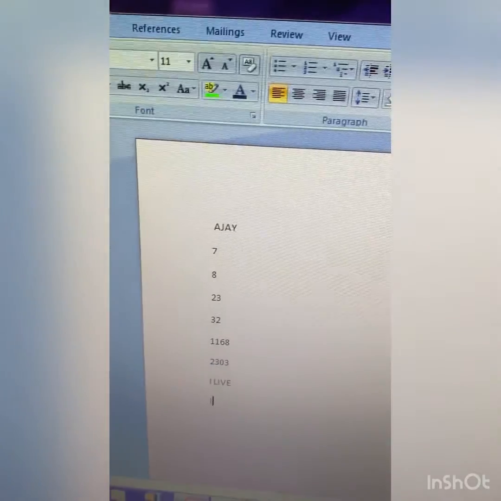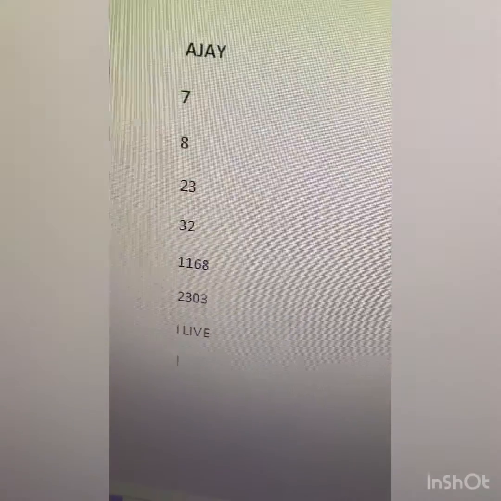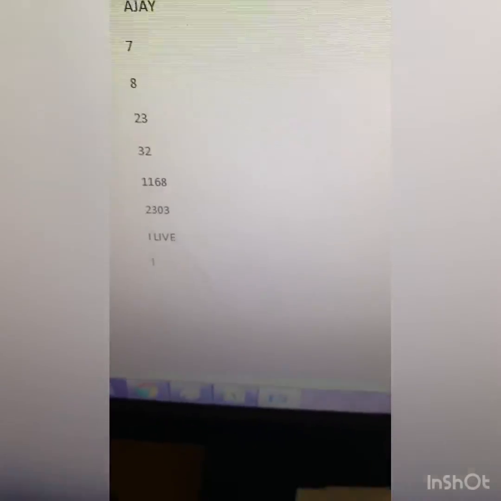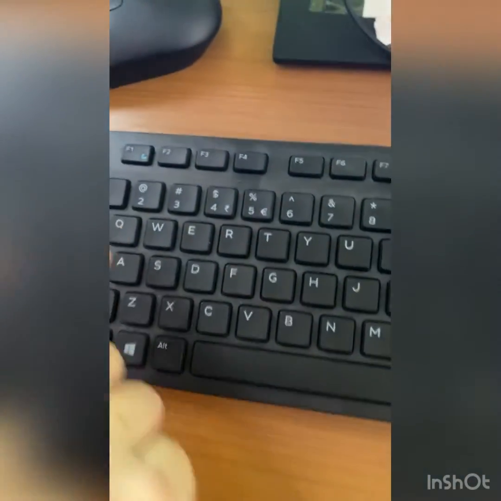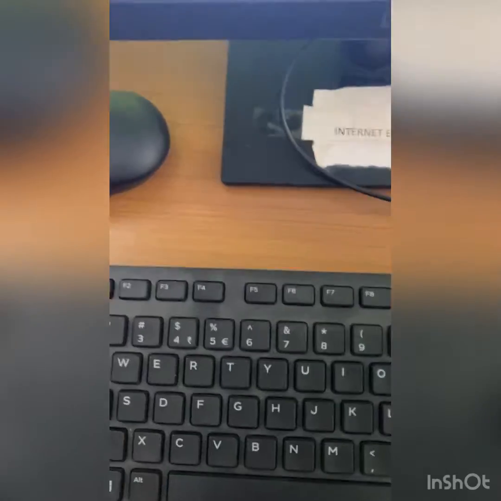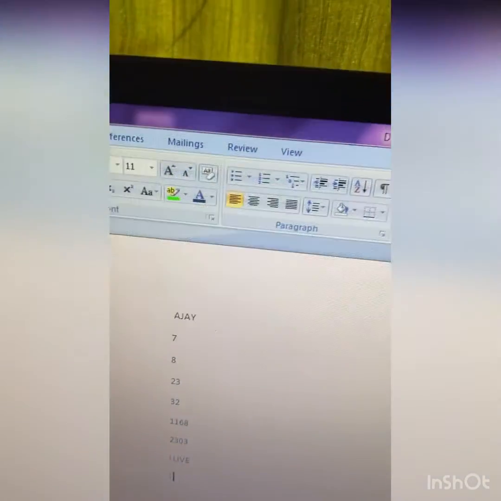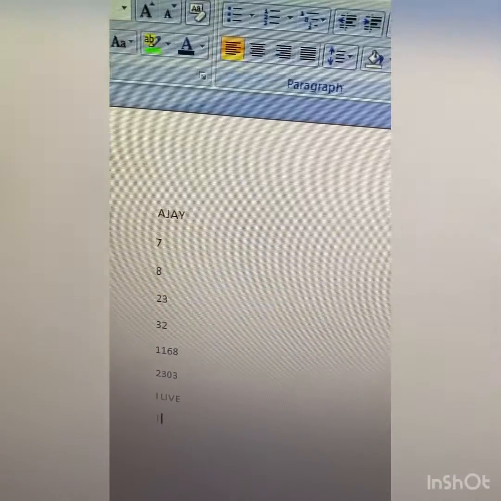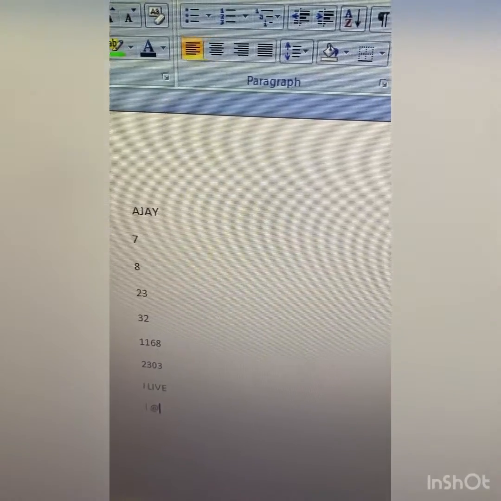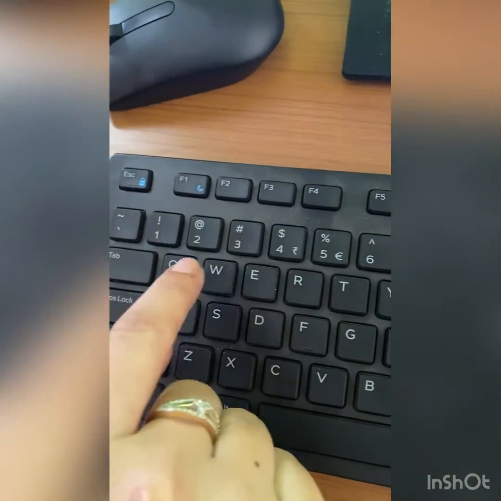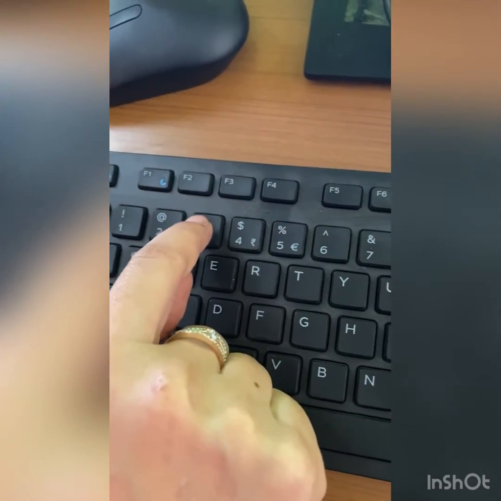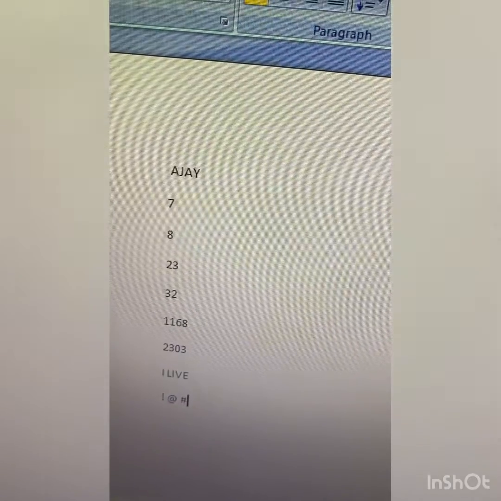Your exclamation mark comes here. Or if you want a dollar sign, just press the shift key and press 4. So your dollar sign comes. And press shift with 3, and hash comes on your screen.